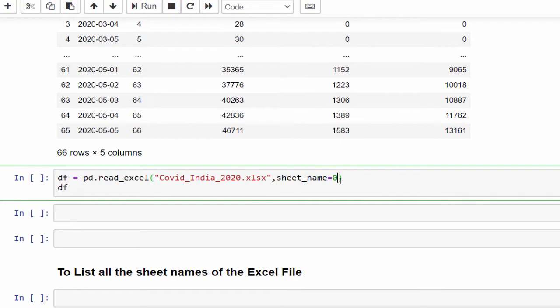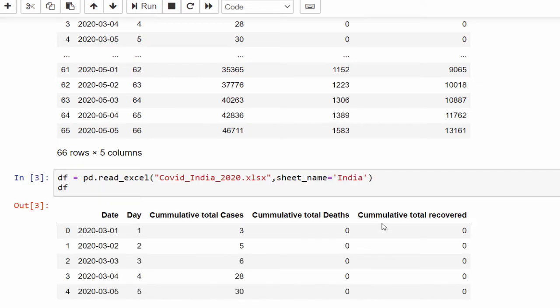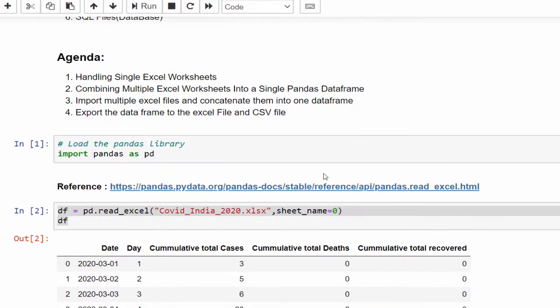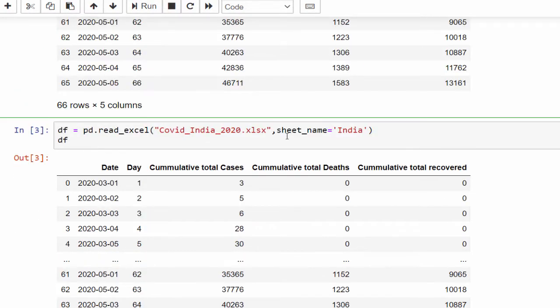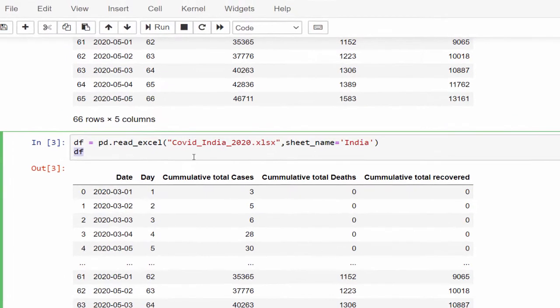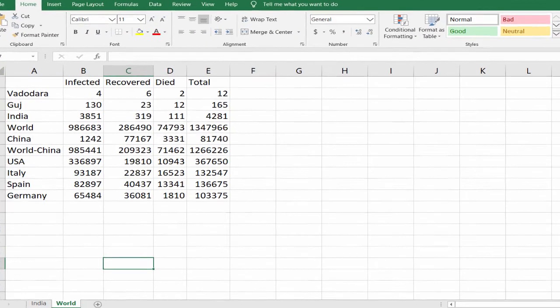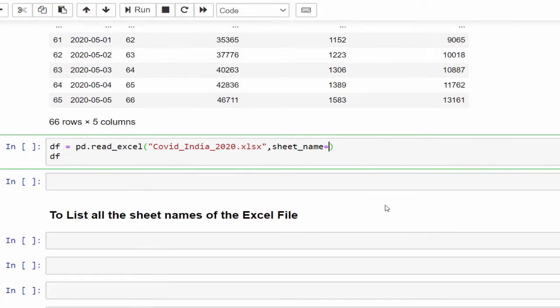Same thing, instead of a number we can also provide the sheet name. The sheet name is India. When you execute, it will also work. So either you can give the index number or the sheet name. It is always best to use the sheet name. In the same way, now I am going to import the world sheet using the index number.